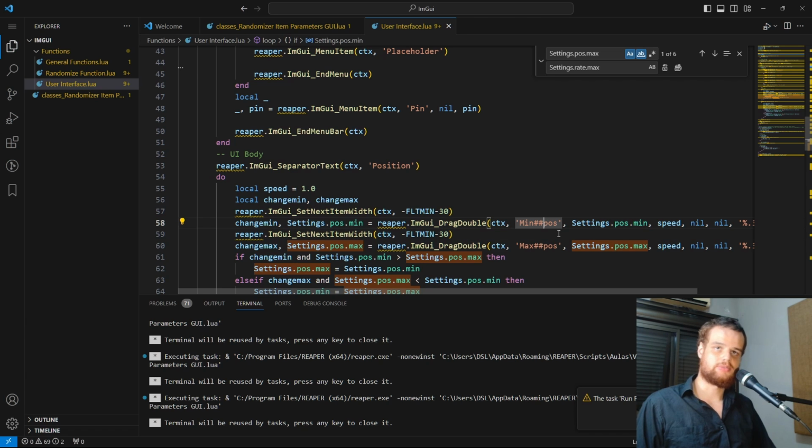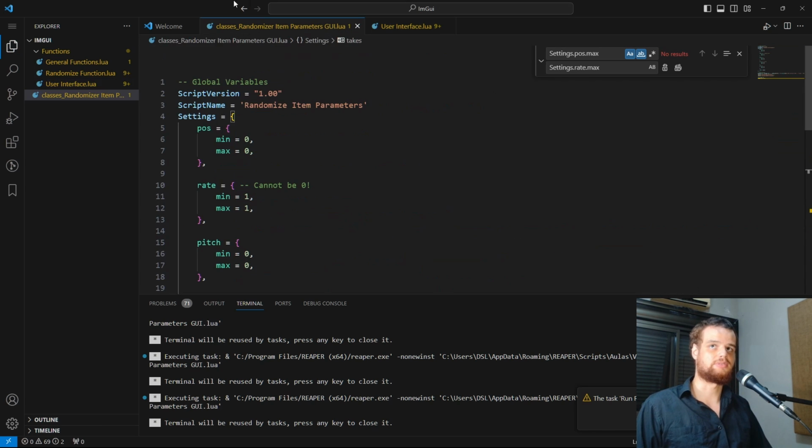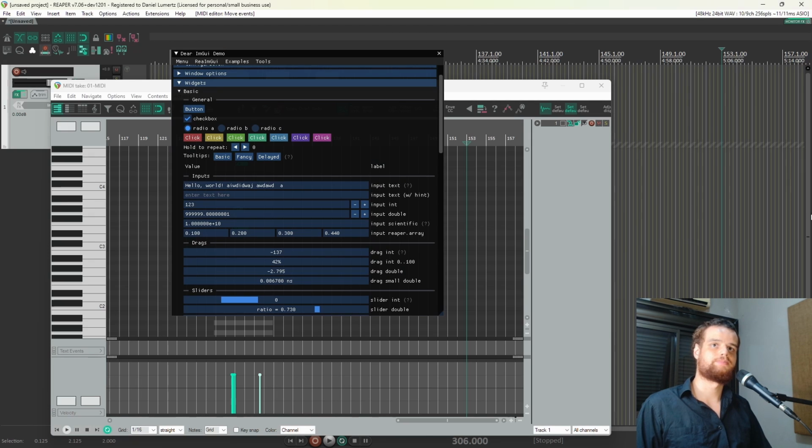You can also have three hashtags. Three hashtags you use whenever you want to put out the actual label after the hashtags. So with three hashtags in this example, it would appear min on the user interface, but the actual ID of this widget would be position or just pos. Okay, but we just want min position and max position. Okay, so if we save now and run this,